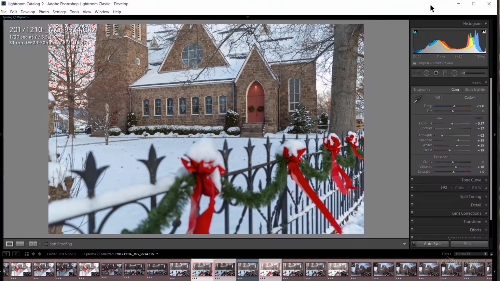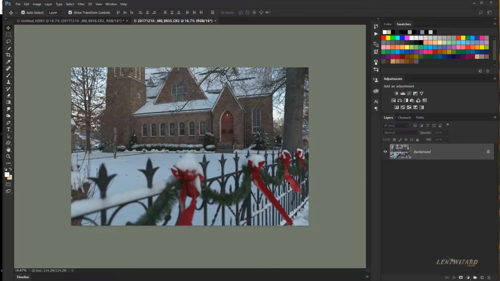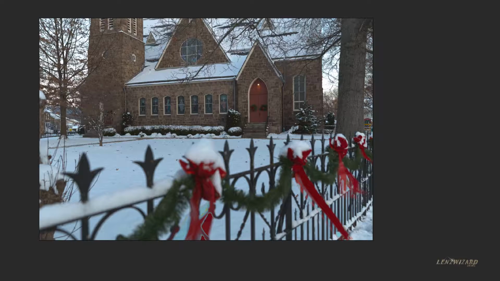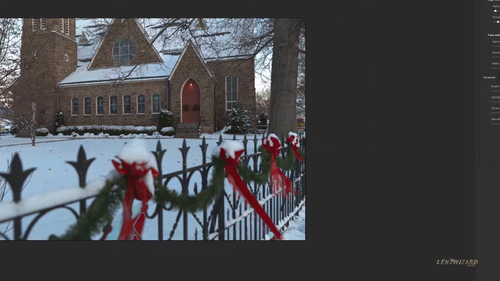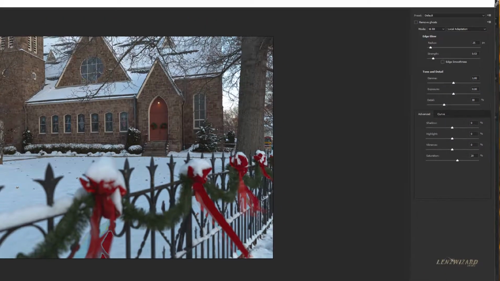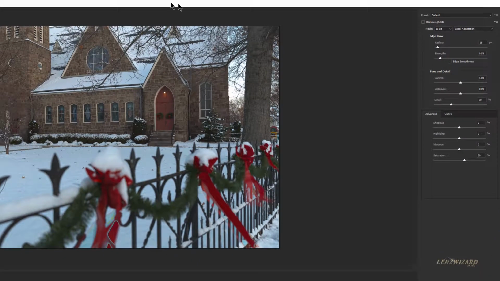Meanwhile, I'm going to put Lightroom back where it's supposed to be. While it goes over into Photoshop, as you can see, it's bouncing around. You can't control this. It's making these different layers, and you just let it run through and do this. The reason I'm not cutting this out to make the video shorter is I want you to see what it does. Now, again, because I'm using screen capture software, I have to bring the window in because it made it extremely too large. And just stick with me while I